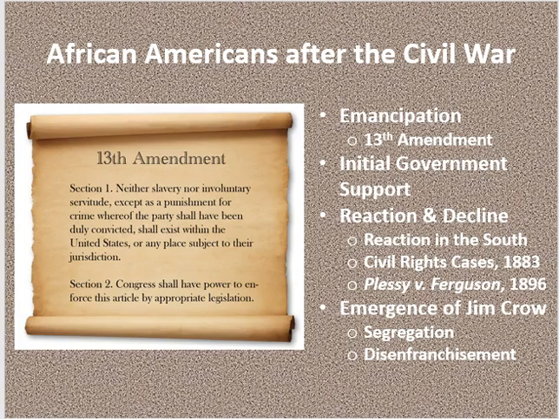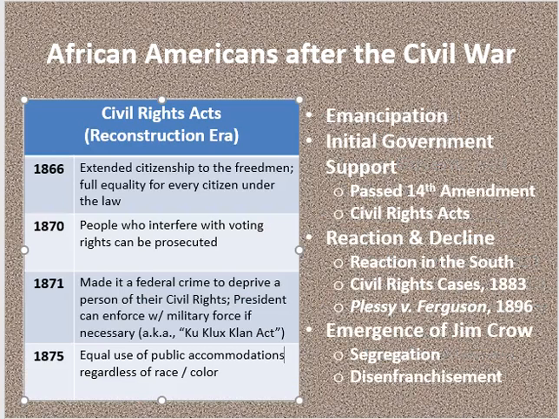With that in mind, what did the federal government try to do to ensure Black civil rights in the South? Well, one thing that they did, as I mentioned before, was they passed the 14th Amendment. It was passed in 1866 and ratified in 1867. We already talked about it. They also passed the Civil Rights Acts of 1866 through 1875. These were a series of congressional statutes that, taken together, did the following thing.